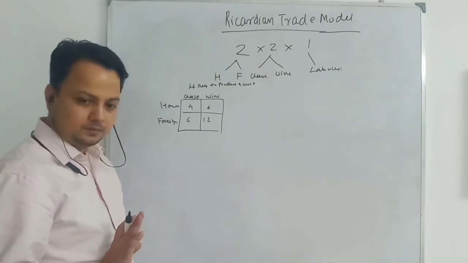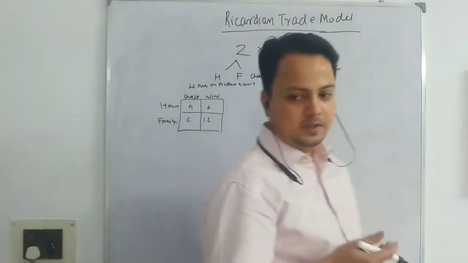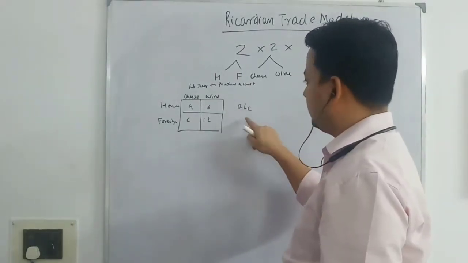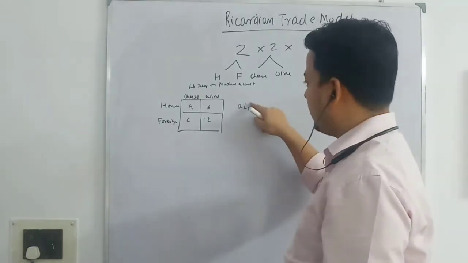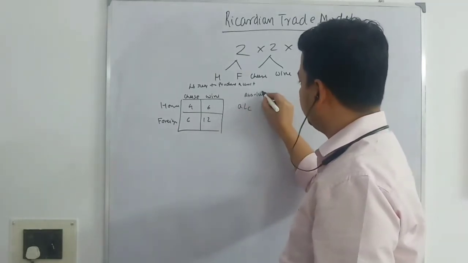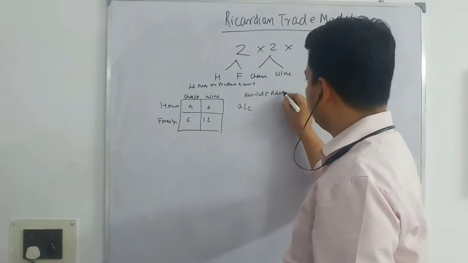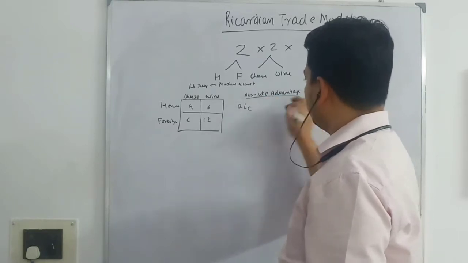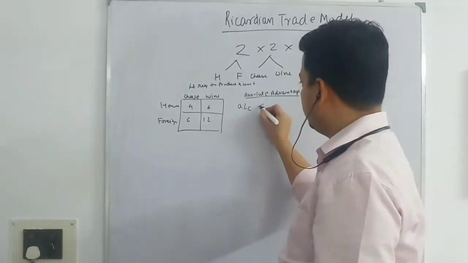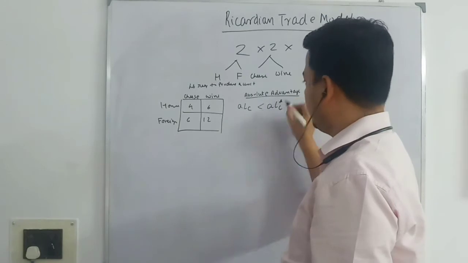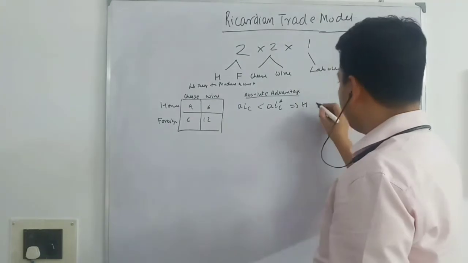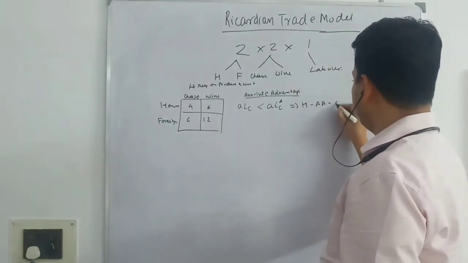Yes or no? So in notation form, how can we write this? This is the amount of labor required to produce cheese in the home country. For the foreign country, I will put a star. When we are looking at absolute advantage, the amount of labor required to produce cheese, the absolute cost of producing cheese, is less than the amount of labor required to produce cheese in the foreign country. So we say that the home country has an absolute cost advantage in cheese.